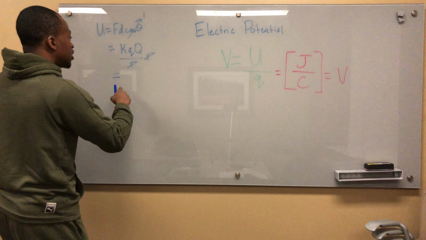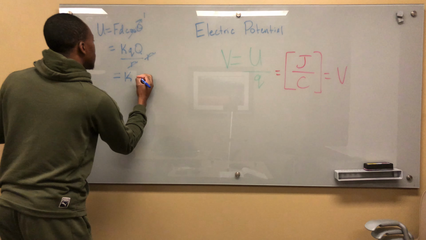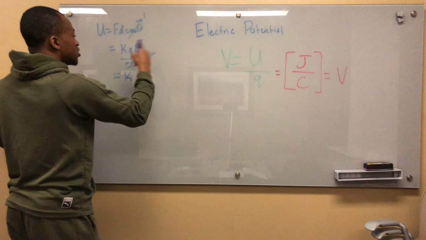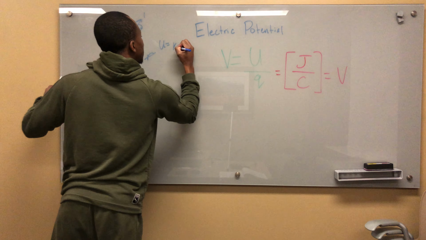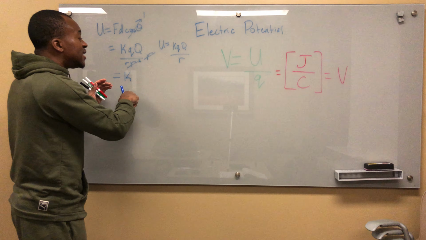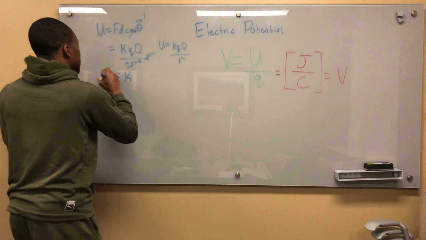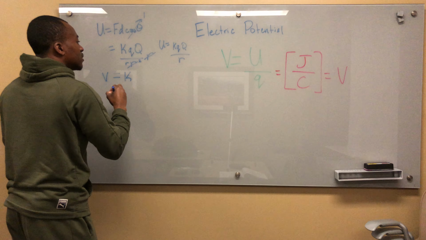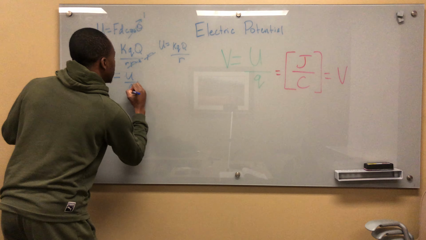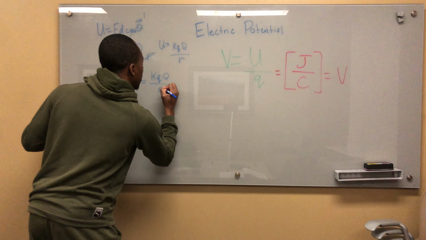So when I want U over Q, I can get this. Sorry, this is R squared, so this cancels out to R, right? So I'll say this, U is K, right? This is my U, right? Then when I divide this further by Q, because I want to get this U over Q, I get that my voltage is equal to U over Q, and then that gives me Q over R all